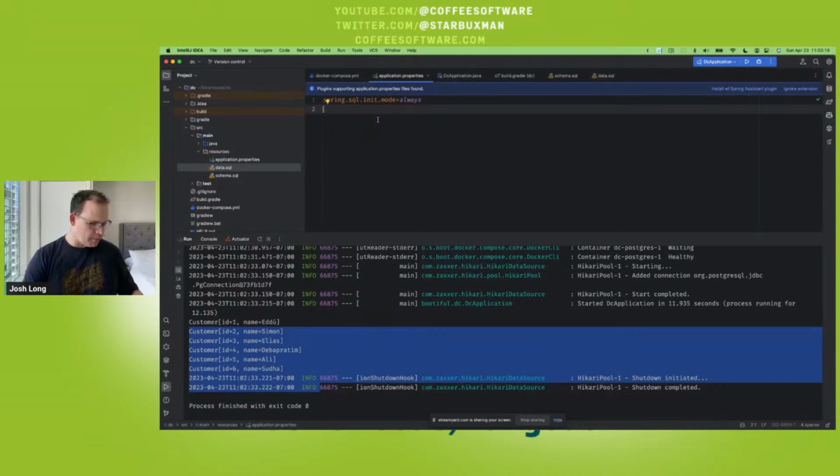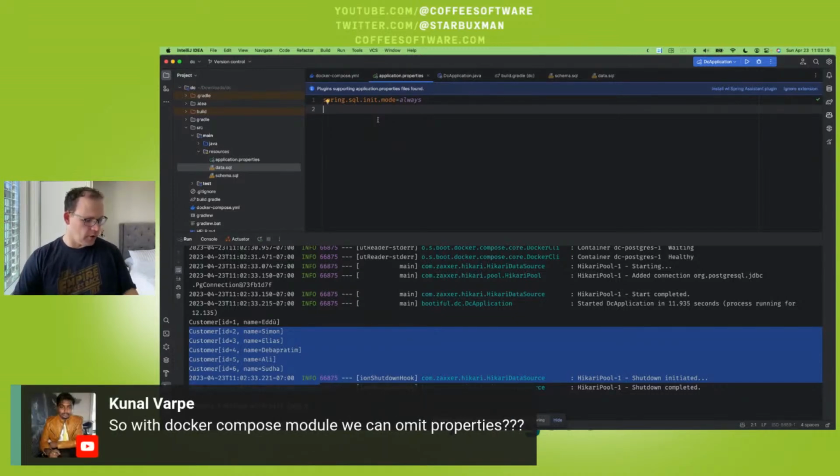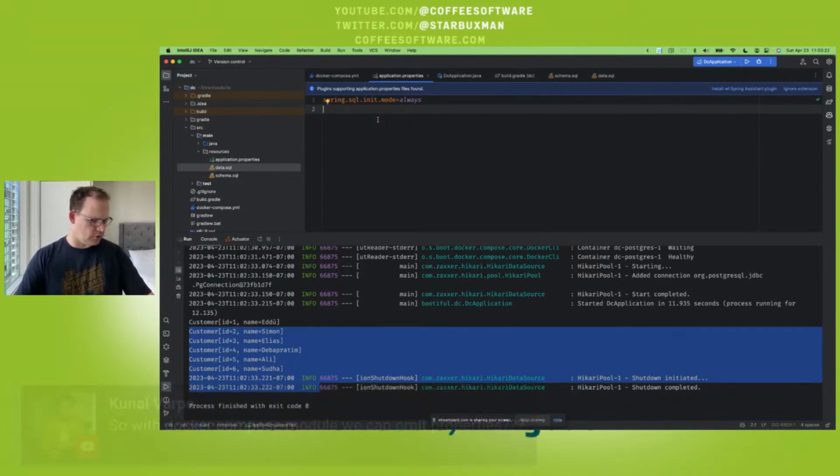Yeah, you can omit the properties. Yeah, exactly, Kunal. Exactly. You don't have to specify dynamic property source anymore, right? For Testcontainers or for Docker Compose, right? This is now just,